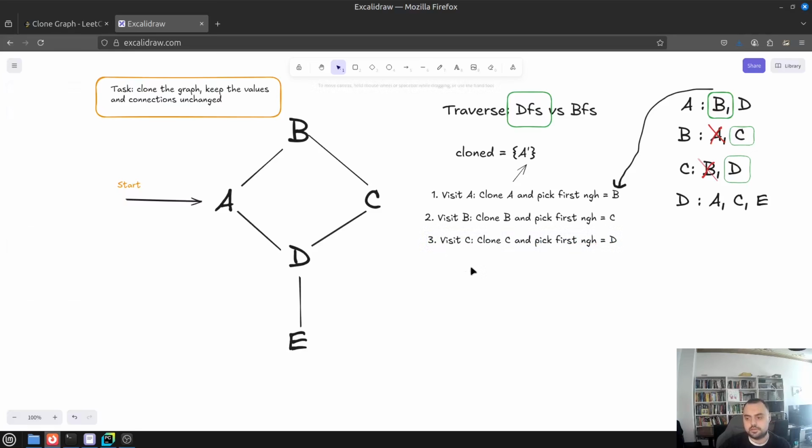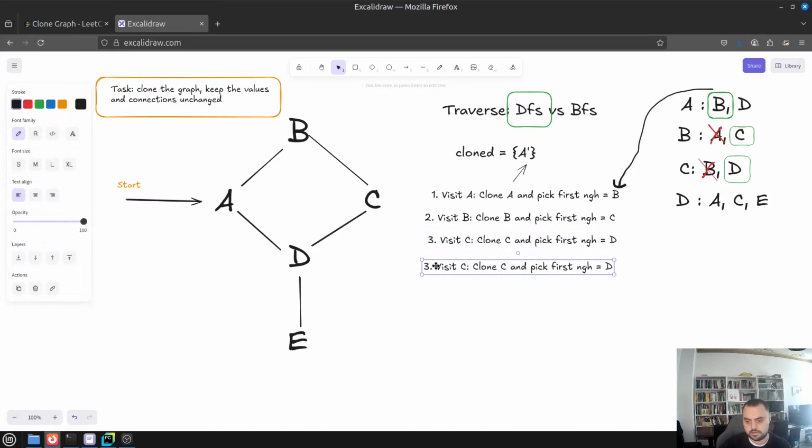Yeah, that's then the course. As we go, in the second step, we should also update our cloned part. So we add here B and C, and that's the cloning part. And the fourth step will be visit D, clone D, and pick the first neighbor that hasn't been used, and